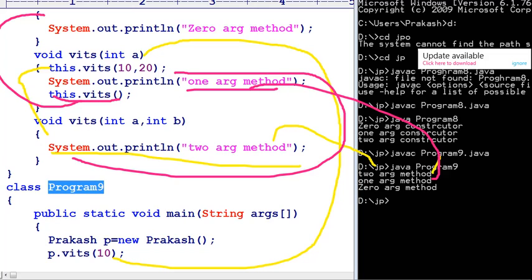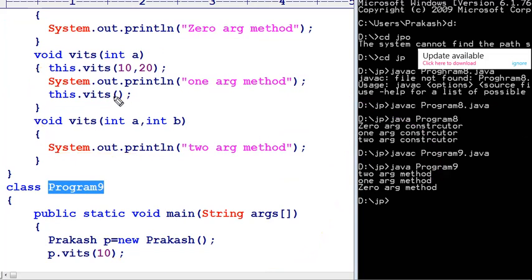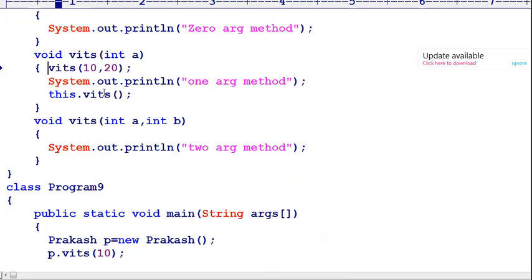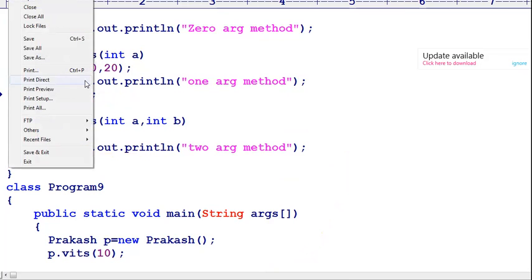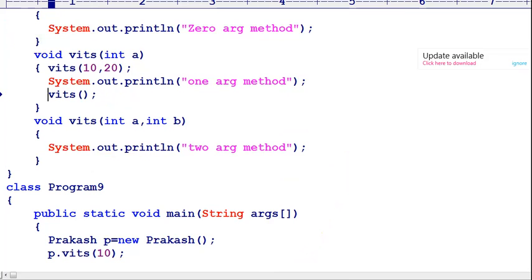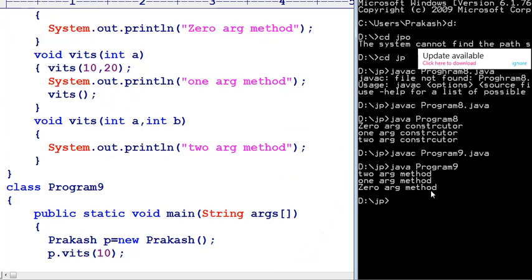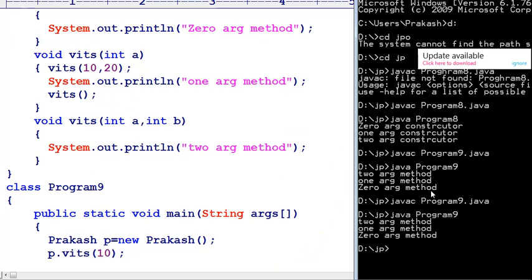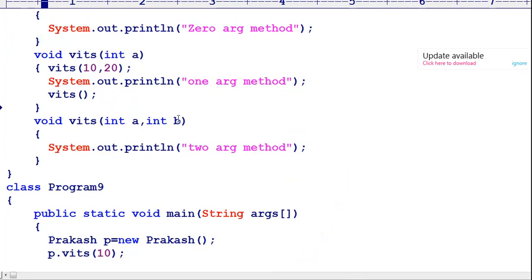This can be used anywhere. Sir, if you remove this keyword, the execution style is the same. So here this is optional, to call the parent, to call the one class's methods. I am saving the program. When you observe, there is no this keyword. I am executing, and the same result will be produced. If you use this, it refers to the current class method. If you do not use it, the control will skip from the method declaration to the method definition. So this is the this keyword.